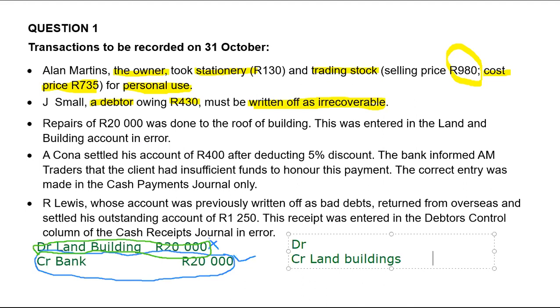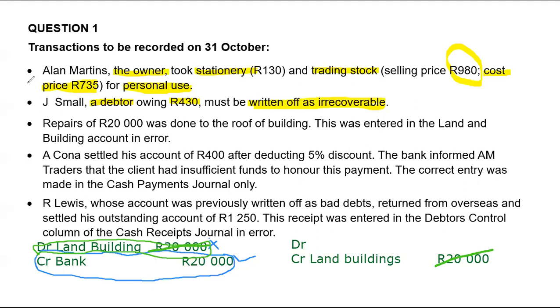By how much here? By 20,000. So by doing that, these two amounts will just cancel each other out. So land and buildings, when we correct the error, will be sitting at 0,